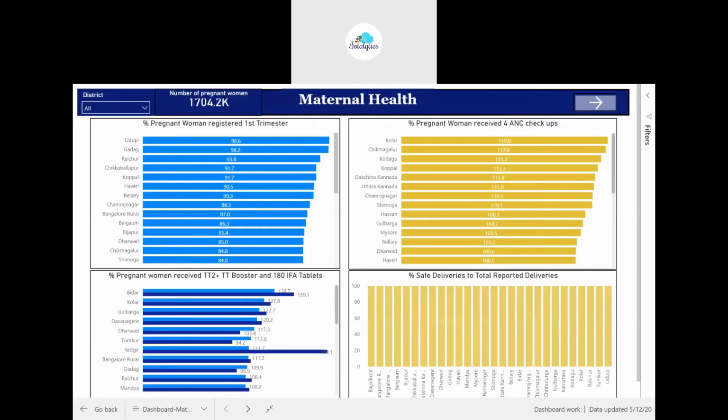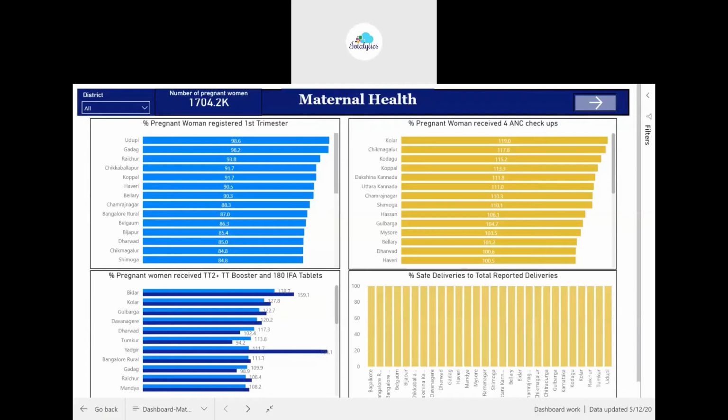So considering this, for this maternal HMIS, the team wanted some kind of dashboard. Lots of designing can be done. This is only a raw type of dashboard. It took me only 2 to 3 hours to customize, pull out the data and make this dashboard. This is only one source, the HMIS data of 2019-20 only. It's not from different sources. This is only Karnataka data for 2019-20. We just took the data and customized it.